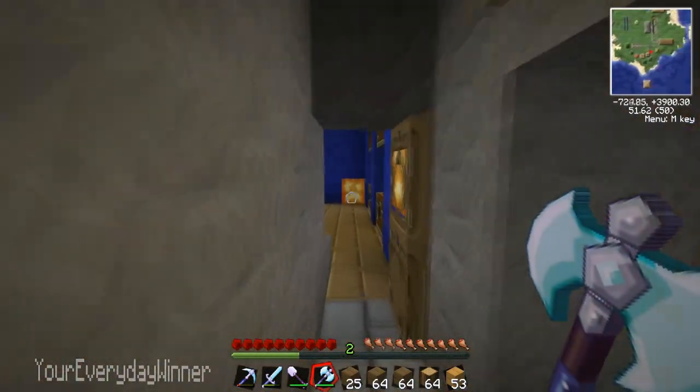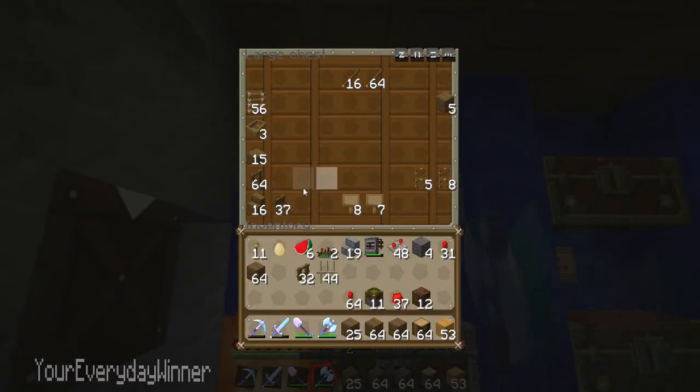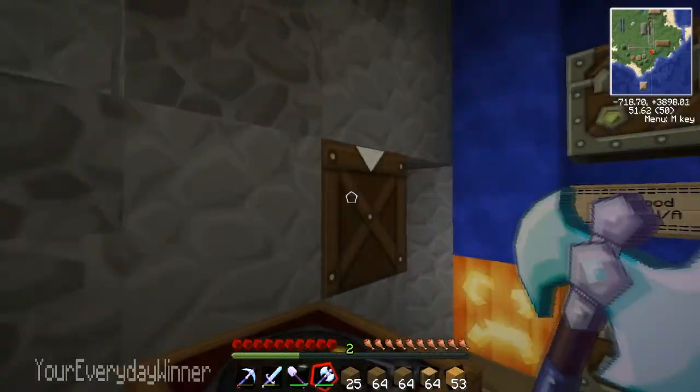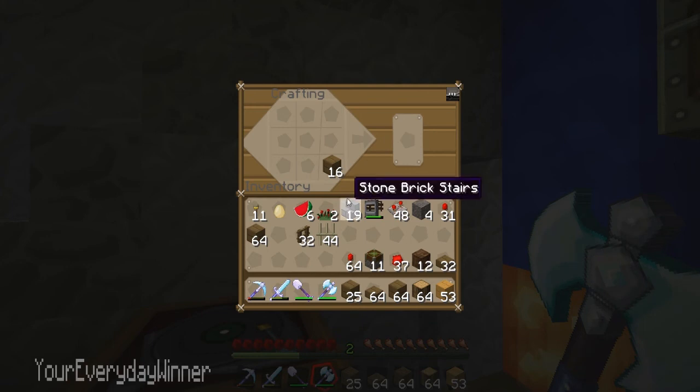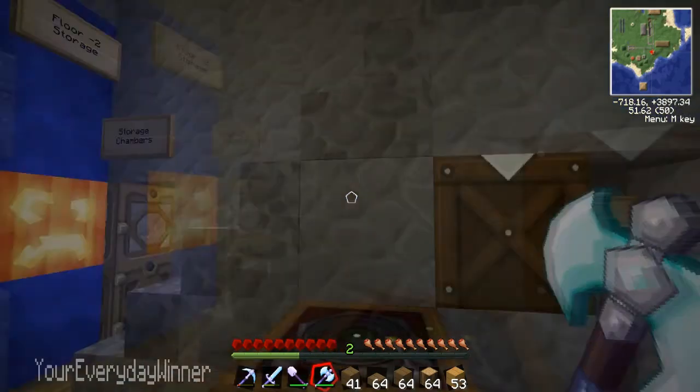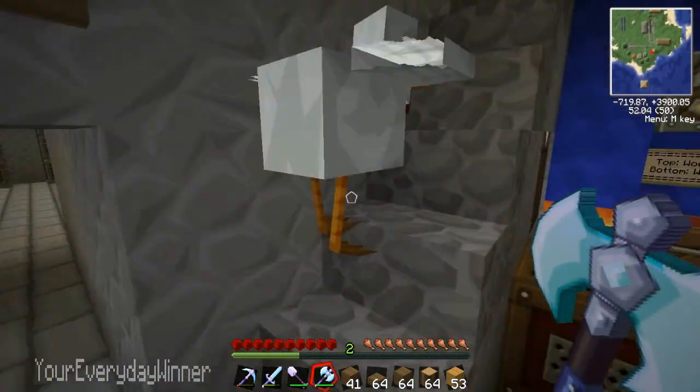Actually, how many slabs do I have in the chest right over here? That's not really enough, so let's just make some more. Get some slabs on me. Slabs always work out nicely. So